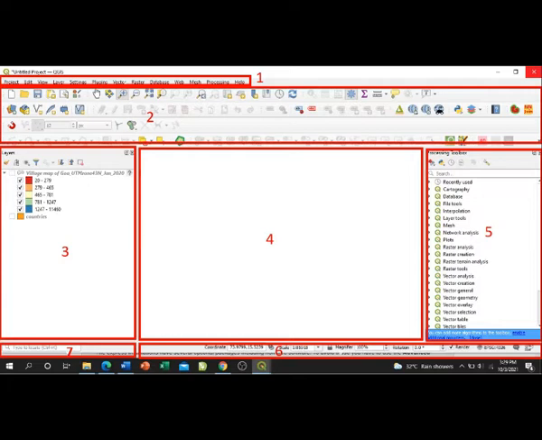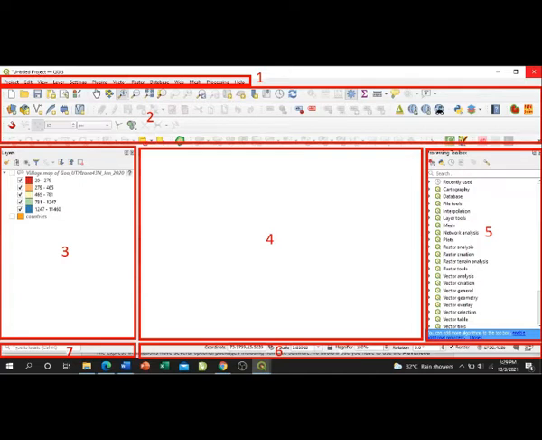And in the seventh one, we have what is called the locator bar. So menu bar, toolbar, and the layer panel, map canvas, processing toolbox, as well as the status bar, and the last one is the locator bar. When we go to the locator bar, it will give you a lot of options for searching various other things that we want to search. But that is required at the advanced stage. We will not go for anything extra on that immediately.